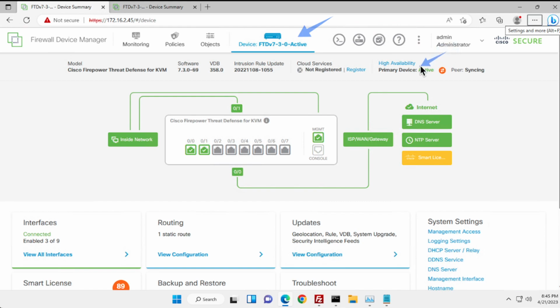The primary device is active and the peer is syncing, right? So it takes a while for the synchronization to work. When it finishes, you will see that this icon here changes color as well, and then it will show you that the peer is on standby. It takes a while. We will let the sync complete and then come back to go to the next step,